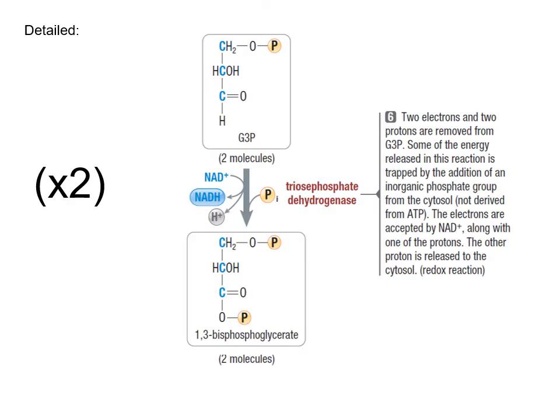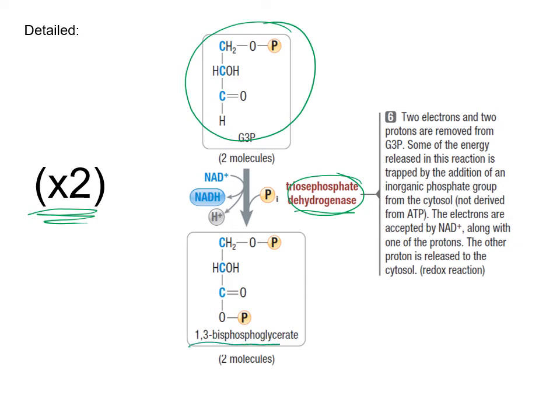All right, here is the one view. Do realize, though, there are 2 of these happening at the same time. So there's 2 of these series of reactions happening in tandem. Glyceraldehyde 3-phosphate is going to, again, through the help of an enzyme, be changed into 1,3-bisphosphoglycerate. We still have the 2 phosphate groups on here, but what's happened is it has lost some electrons, and this NADH now has, so it has basically picked up electrons from our G3P,